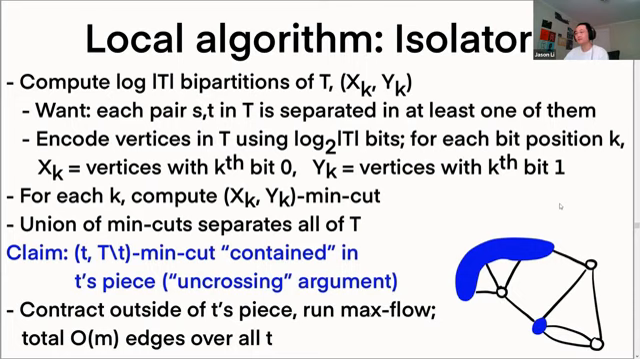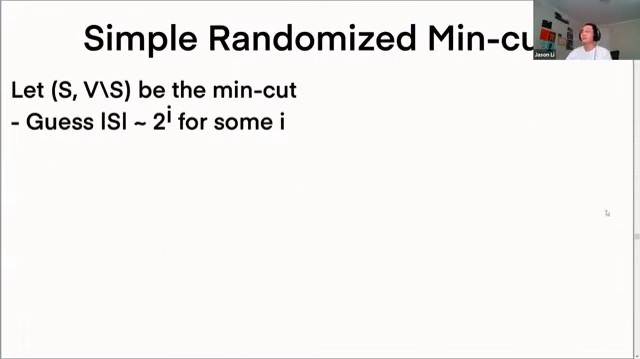Right? If the edge neighbors two different pieces, then it's counted twice. If the edge is inside a single piece, then it's counted once. So the point is the total sum of the max flow instances, the sizes of them, is O of M. Okay, so before we go to the expanding component part, let's just show that this simple idea immediately implies a